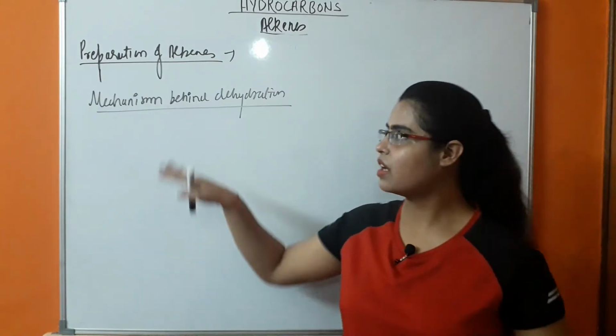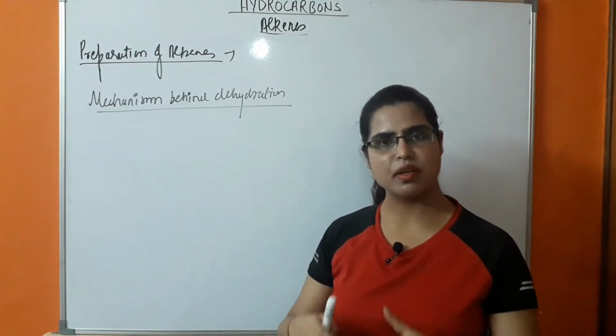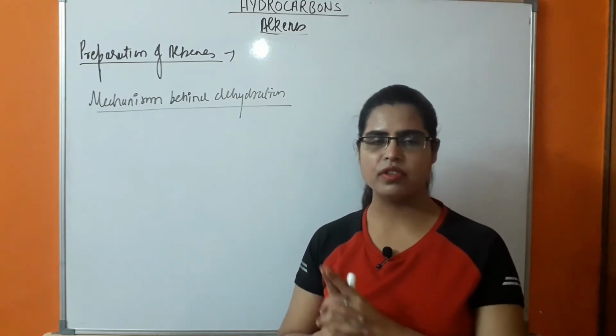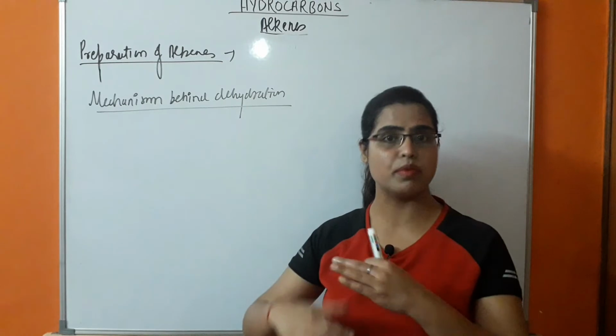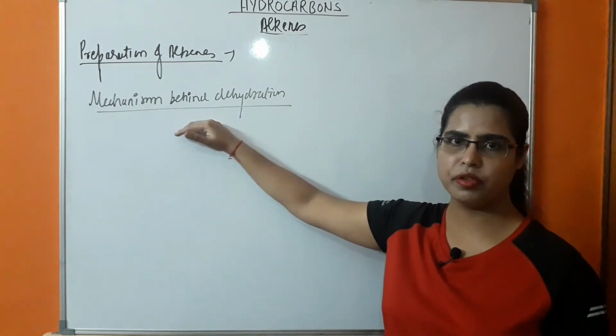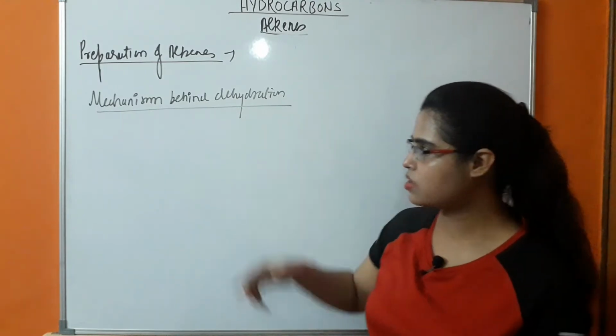So the mechanism behind dehydration: what do we mean by mechanism? When the reaction occurs in more than one step, that is known as the mechanism of that reaction. It means the completion of that reaction takes place by more than one step. So this is known as the mechanism of reaction. So what will be the mechanism behind dehydration in this case? First,